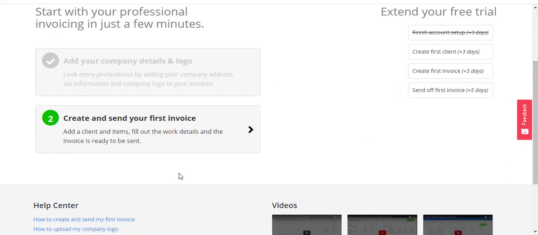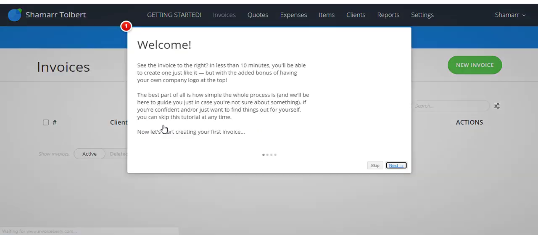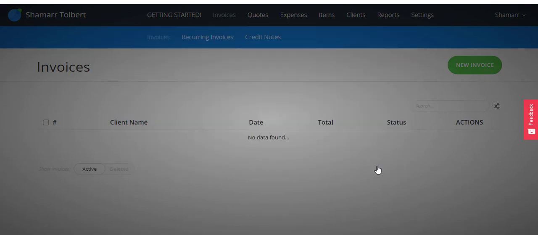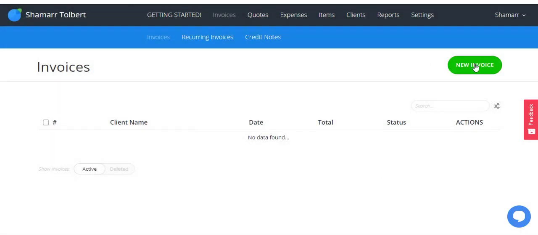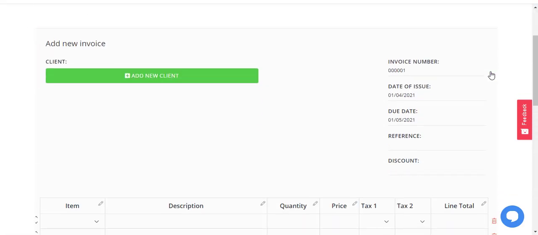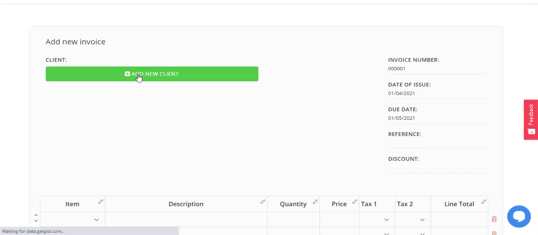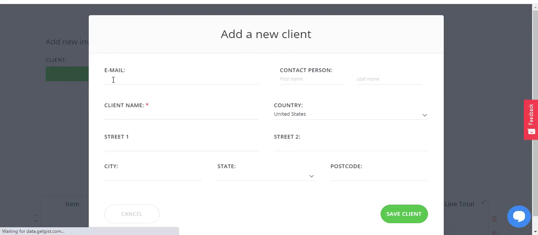So now you're in. So you go ahead and create your first invoice, right? You can go ahead and skip all this. I'm going to show you how to do it. 1, 2, 3, easy peasy, right? You're going to click new invoice, add yourself a client, right? You can skip this part. So skip the email and skip the contact person name. You're just going to put the client name like Steve